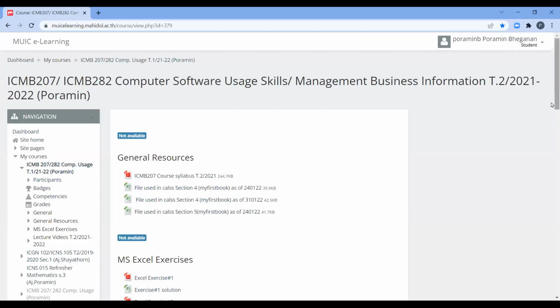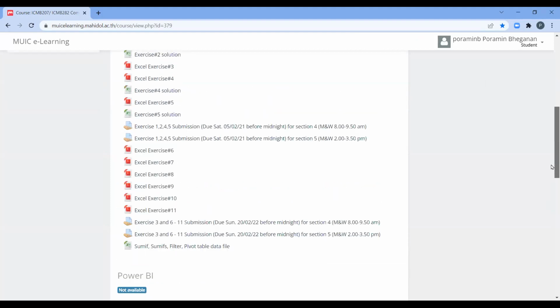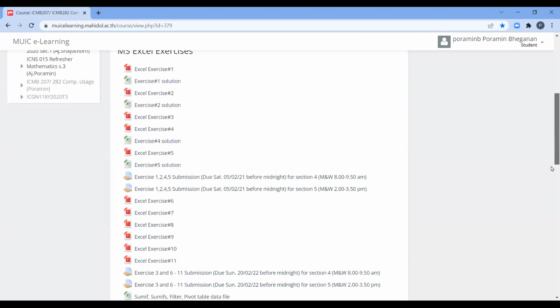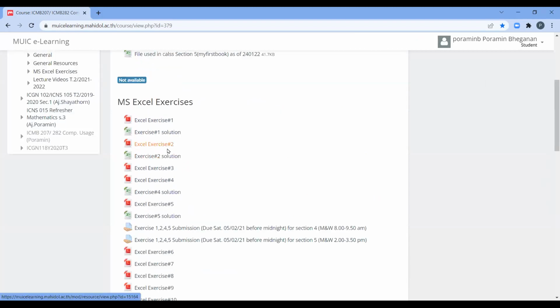Okay, so for this one, when you scroll to this part, you see more exercises that I give to you. Okay. Now let's talk about the submitted exercises, or assignments, that you submitted already, exercise 1 to 4